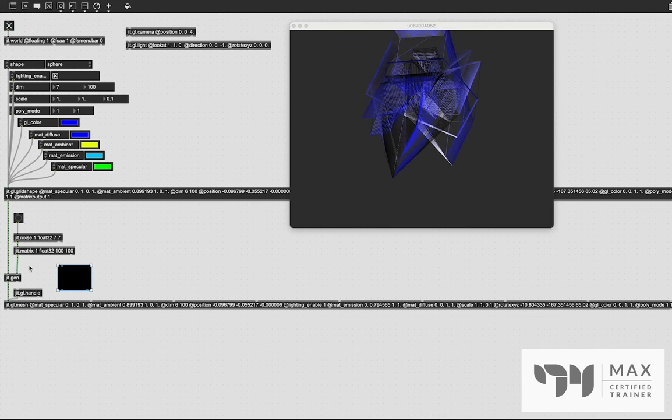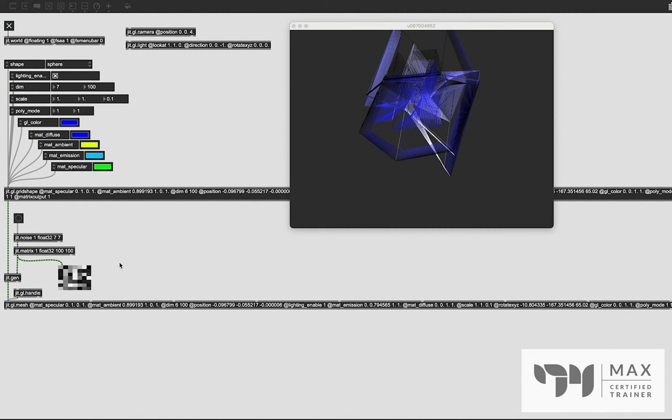I'm going to actually create a P window also. If we click this bang again, we'll see we are getting this one matrix, so it's just black and white, and it's just random values in that 7 by 7 matrix. And so the closer it is to white, that means the closer the value is to 1. So that 1 is being added to the dimension point of this shape, and it's protruding out up because it's having a higher value added to it. If it's a black square, it's closer to 0, so it's not going to change that much and remain close to our original shape. And the other thing is this is on a value between 0 and 1,